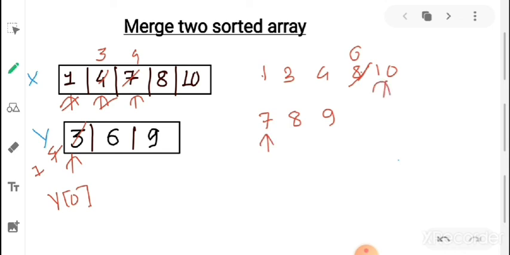Between 7 and 10, obviously 10 is greater, so we'll swap it. 7 will go there and 10 will come here. Now you can see that our y array is not sorted again, so we'll sort it again. After sorting, our y array will look like this: 8, 9 and 10.